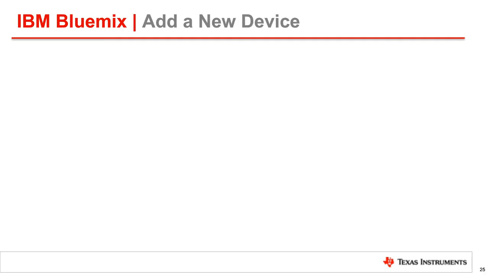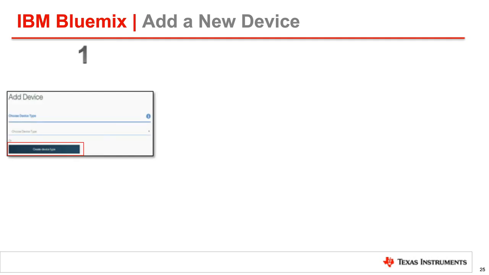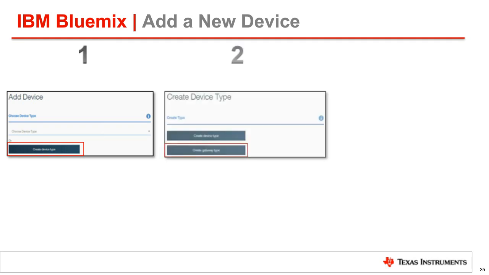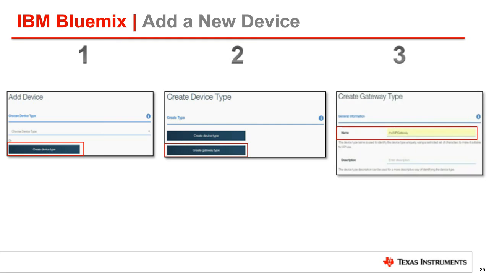Now that we have added our IoT app, we have to add a device to our account. And first, before we can actually add the device, we'll have to define the device type, so any associated applications know how to interact with it. The gateway type is already a known category of device, so when we create the device type, we'll just choose Create Gateway Type. This will act as a template for the device type that we fill out some information for. We'll type in the name of the gateway type, here I've specifically called it My Wi-Fi Gateway, and fill in some basic information about it. After we've finished creating the device type, we can add the new instance of the device to our account.